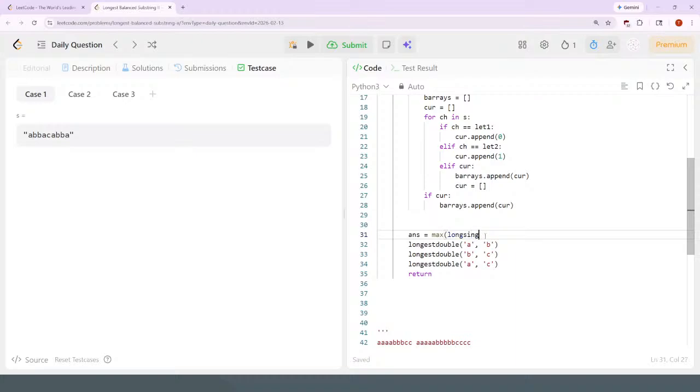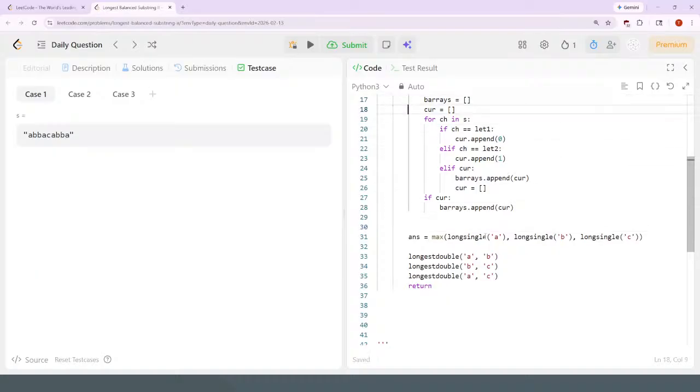Long single of A. Oh my god. Long single of B. Long single of C. And here I can say if the thing is current and the length of current, actually I guess I can just do length of current. Length of current is greater than